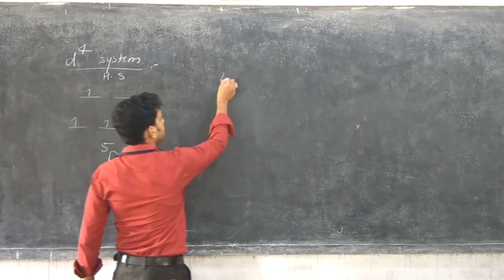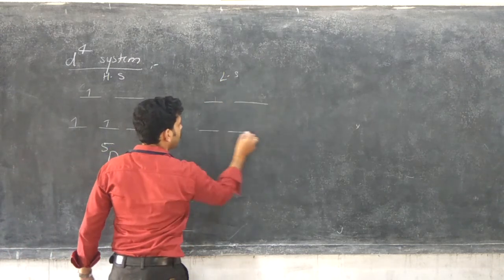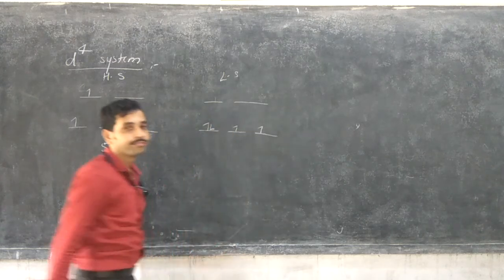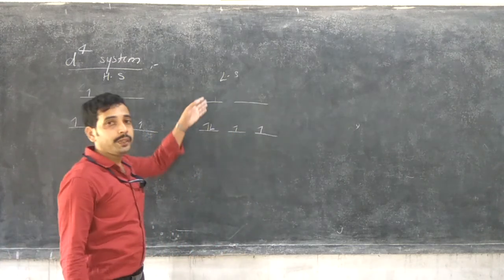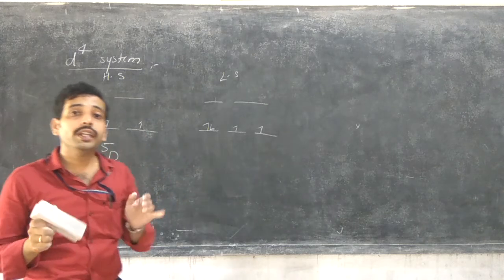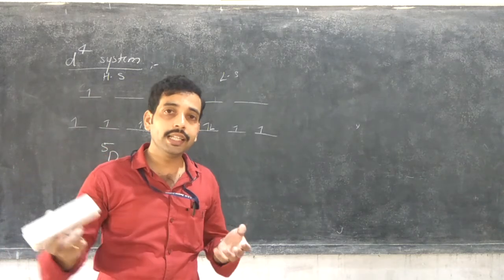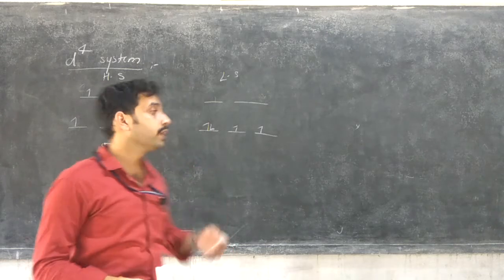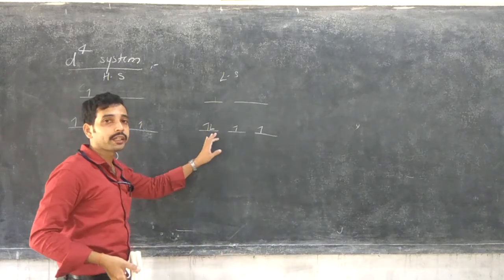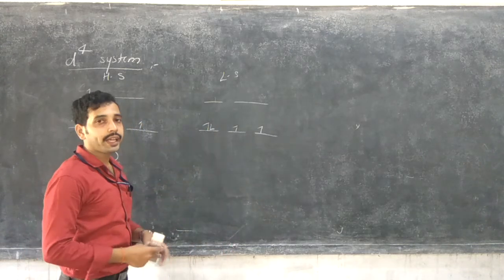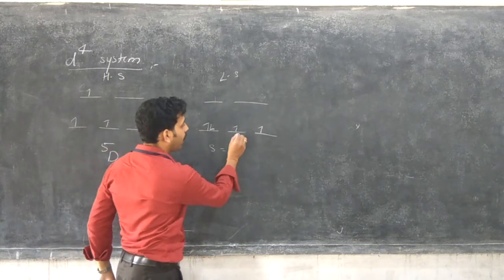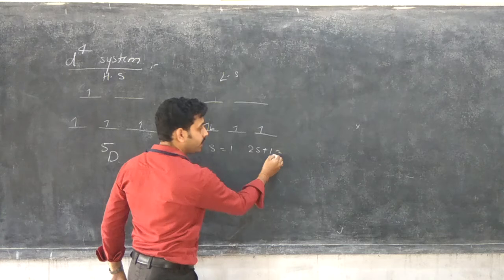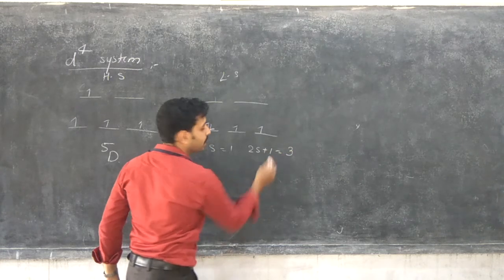But in case of low spin complexes, 1, 2, 3, 4. Because of low spin, the electronic pairing energy should be maximum. The electrons are paired up, and only then they move to the higher energy level. That's why the electronic arrangement should be like that. So based on this electronic arrangement, the spin S is equal to half plus half, 1. Therefore 2S plus 1 is equal to 2 into 1 plus 1, that's 3.